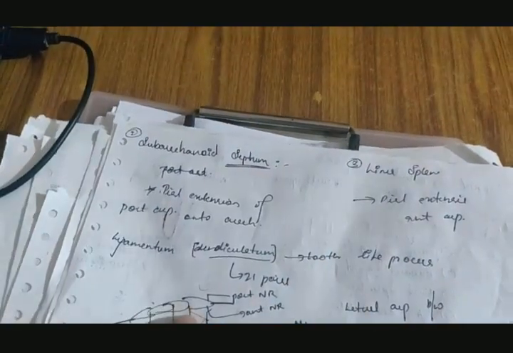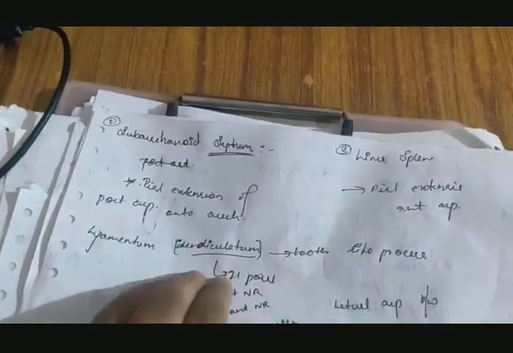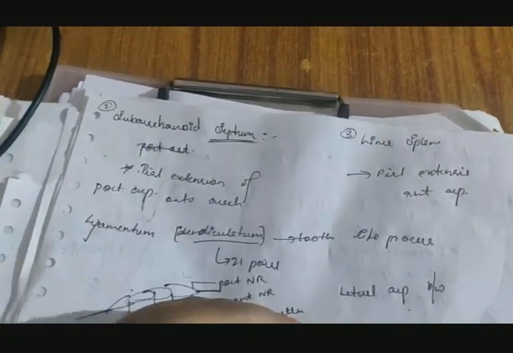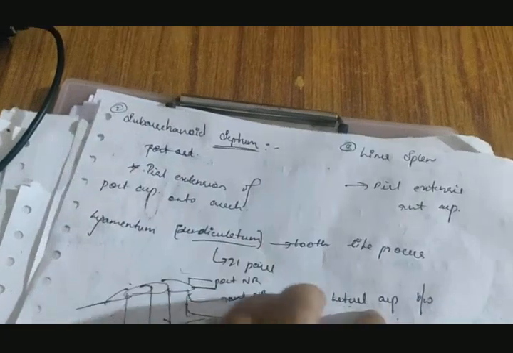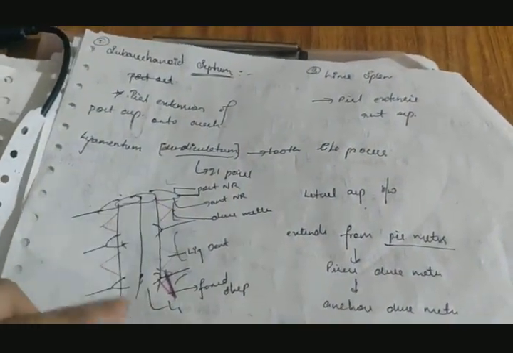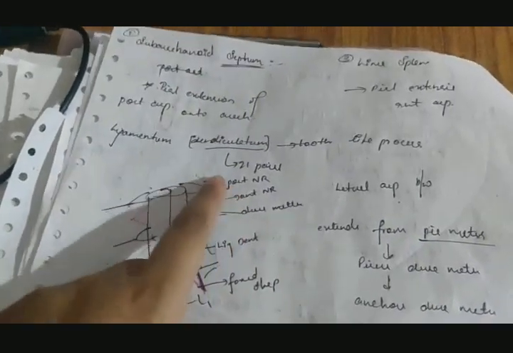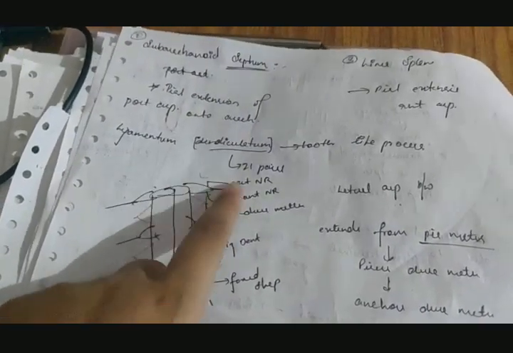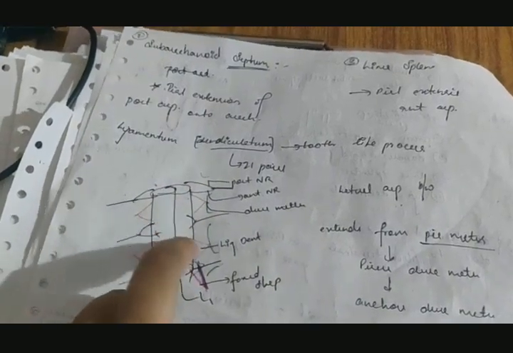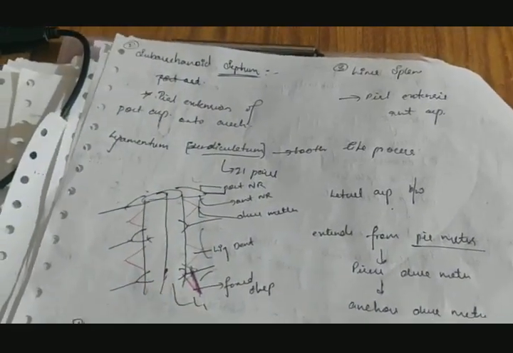And then the last modification is the ligamentum denticulatum. It has 21 pairs and is called denticulatum because they look like tooth-like processes. This is the diagram of the ligamentum denticulatum. These are the posterior and anterior nerve roots, and this is the ligamentum denticulatum, which looks like teeth. And what do these